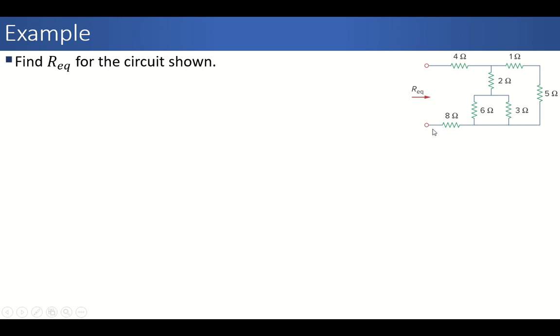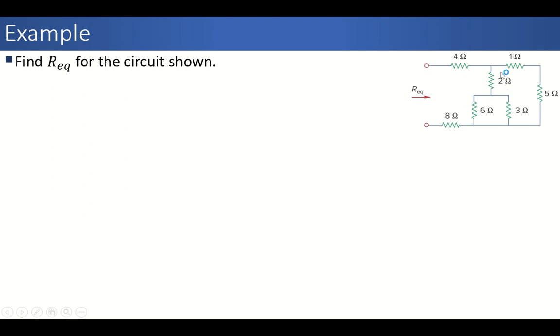So we can simplify resistances using series-parallel techniques, and we can replace all these resistances with a single resistance that will be R equivalent or R total. R equivalent is the resistance as seen by the ohmmeter when it is connected across these two terminals. Looking at the circuit, we can see that obviously the 1 ohm resistance and 5 ohm resistance are in series, and the 3 ohm resistance and 6 ohm resistance are in parallel.